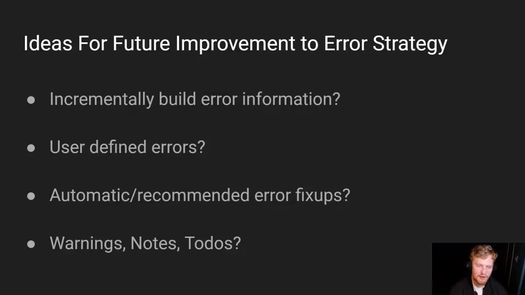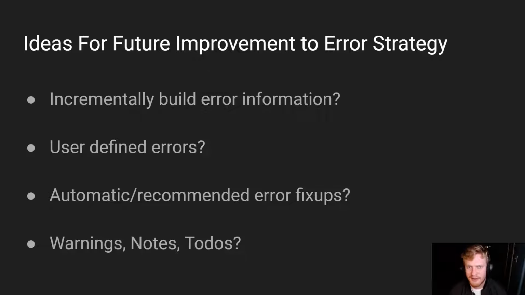Additionally, there's no reason why we should be the ones in charge of defining all the errors that you would ever want. So maybe the user should be able to define their own errors, for example, house rules in a code base or something. Those should be possible. Because also we can tie errors much more closely to the semantic structure of the program,